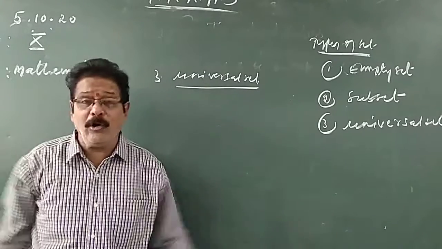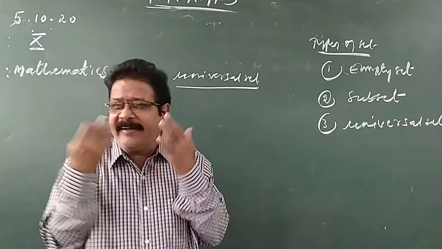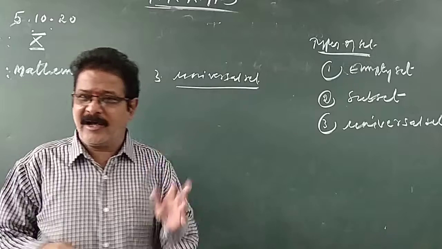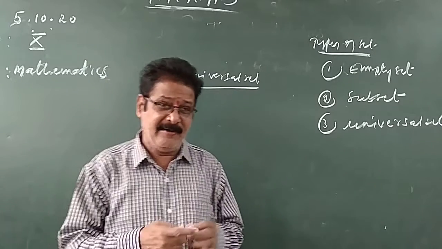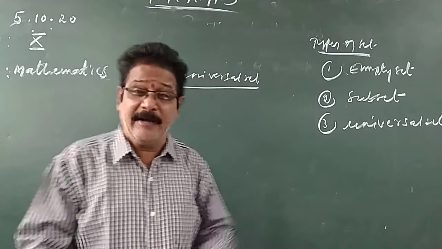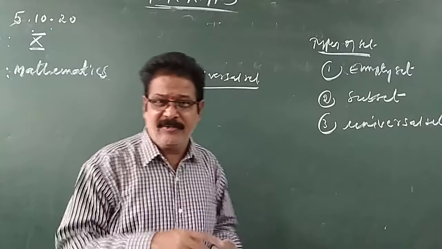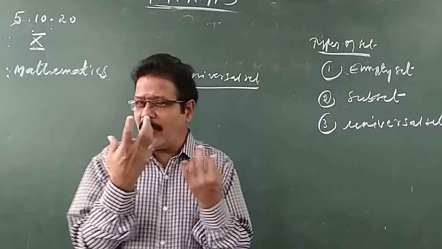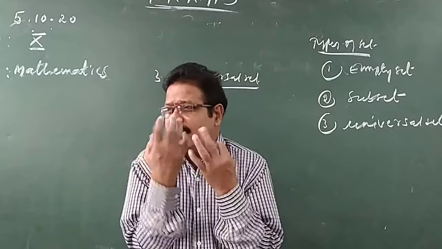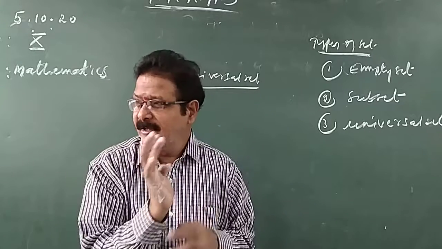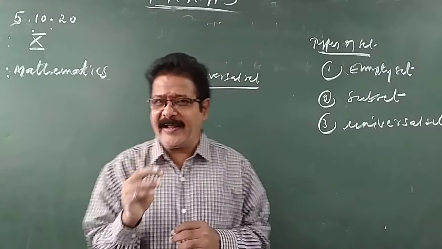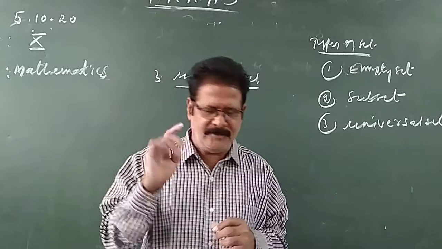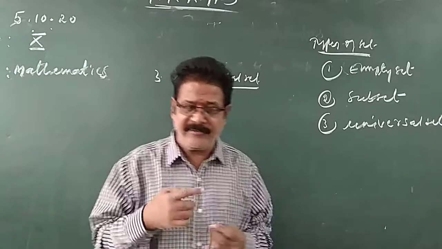Universal means all forms. For example, the set of our teeth. What are the parts in the teeth? There are incisors, canines, premolars and molars. Four types. These are all subsets of the universal set. Our mouth is the whole part. When we open our mouth, we can find the four types of teeth. These are the four sets.